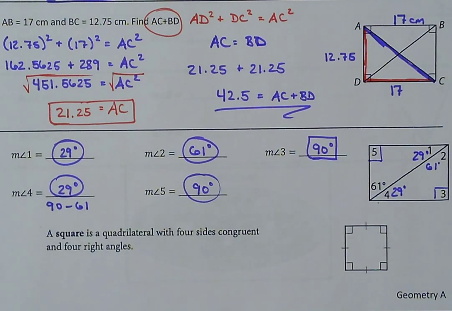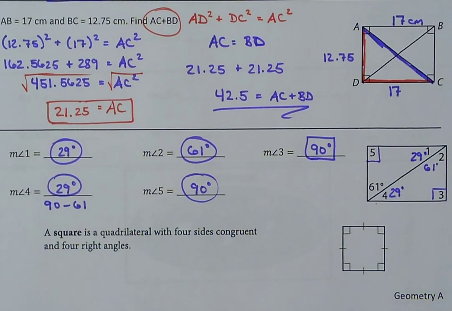One quick note on squares before we move on to rhombuses is that a square is a quadrilateral with 4 sides congruent and 4 right angles. So that's the key thing here for a square, because we're going to talk about different ones. A square is the most restrictive in that all 4 angles have to be 90 degrees and all 4 sides have to be equal to each other. So it's not just that all 4 sides are congruent, but it's also that all the angles are 90 degrees. And the reason why we specify that they have to be 90 degrees is because when we get into talking about rhombuses,